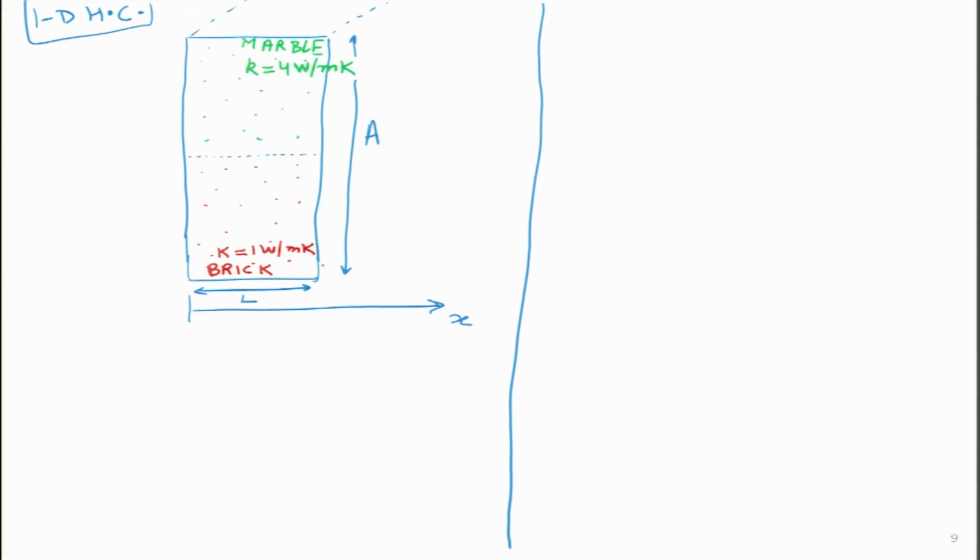It is a 3-dimensional wall, but I am not showing the third dimension because in the y direction and in the z direction there are no changes in temperature. So, the main difference over here will be that the total area I am still keeping as 1 meter square, but we will have the understanding that now the marble portion only has half meter square and the brick portion has half meter square. So, if we add them together we get 1 meter square.